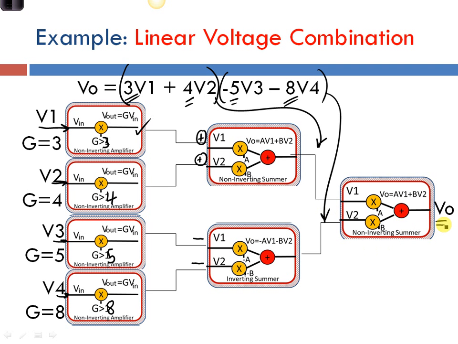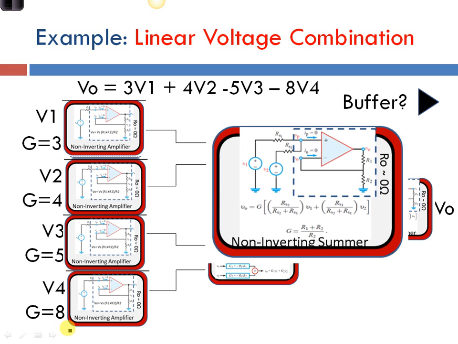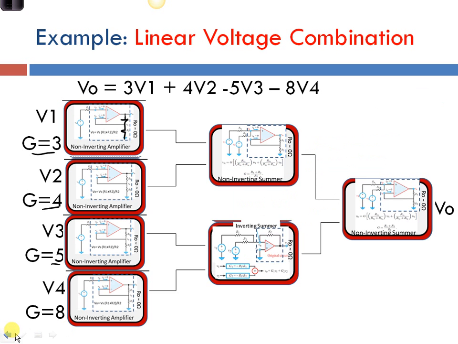using a non-inverting summer. So this is how I use the system design side of my card in order to design the operations, the math, that I want my circuit to do. Then I flip the cards over to the circuit side, and it shows me how to build them. The non-inverting amplifier, of course, I simply use 2 resistors, and I design them so that the gain is 3, 4, 5, 8, whatever my gains need to be. Oops, sorry. And then I put them into a non-inverting summer, an inverting summer, and finally a non-inverting summer as